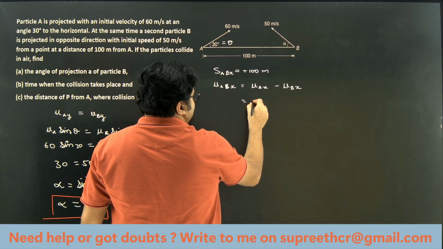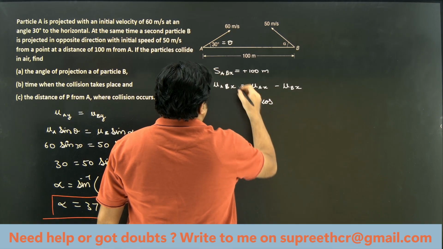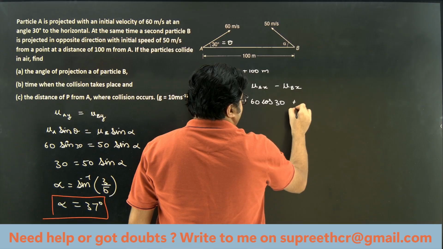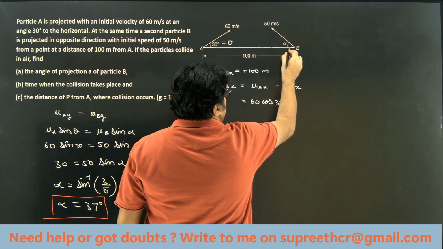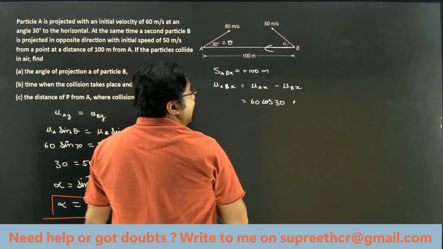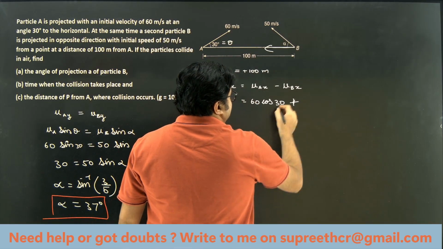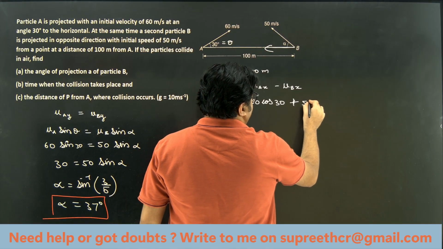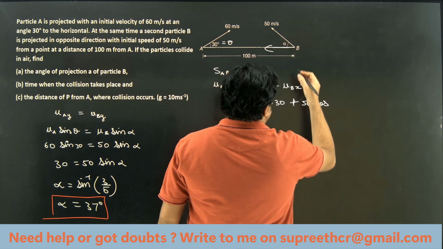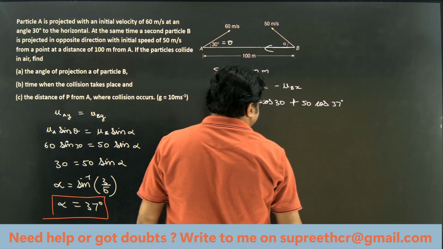Initial velocity of A is 60 cos 30 degrees, minus of minus would become plus, because the component of velocity for B is in the negative x direction. So minus of minus would become plus